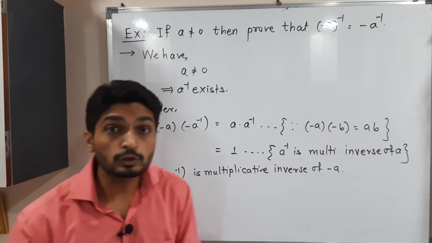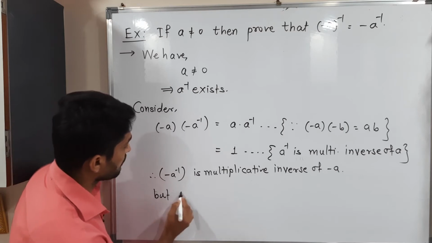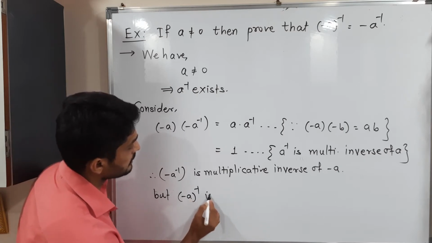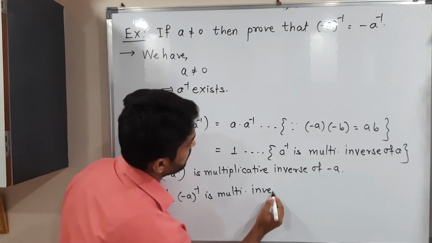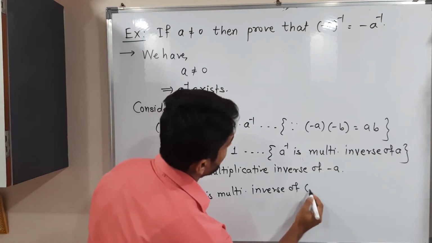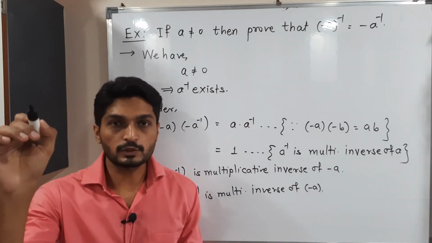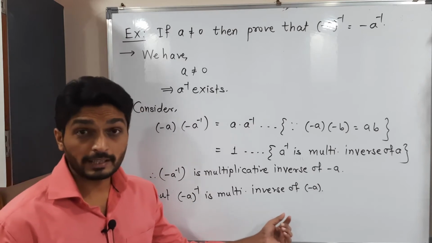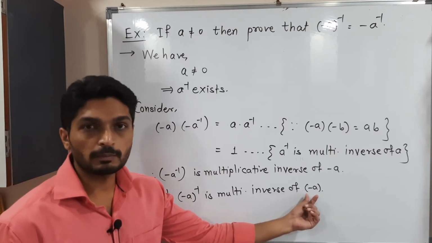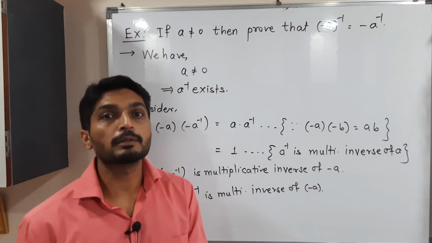But what is the actual multiplicative inverse of −a? Getting now? See, when we talk about inverse, simply we write it raised to minus 1. So we get the multiplicative inverse. By using that logic, its multiplicative inverse is (−a)⁻¹. And we know one more thing, that multiplicative inverse is unique.